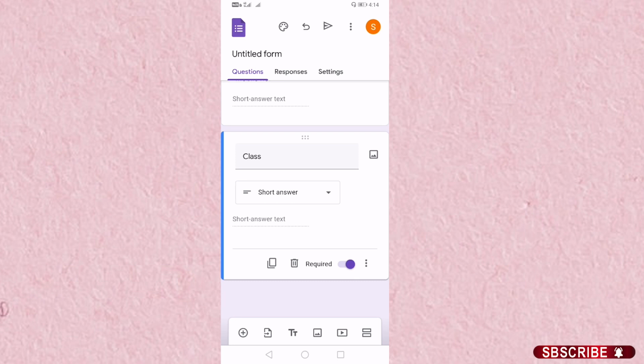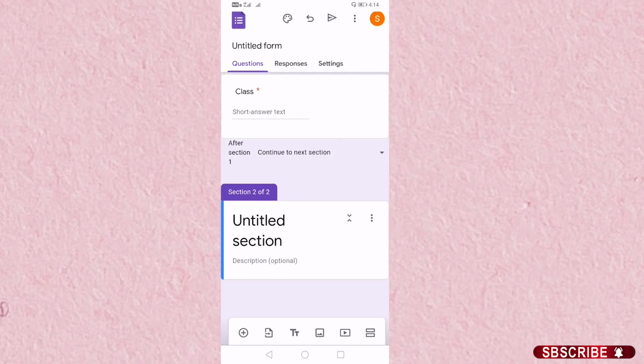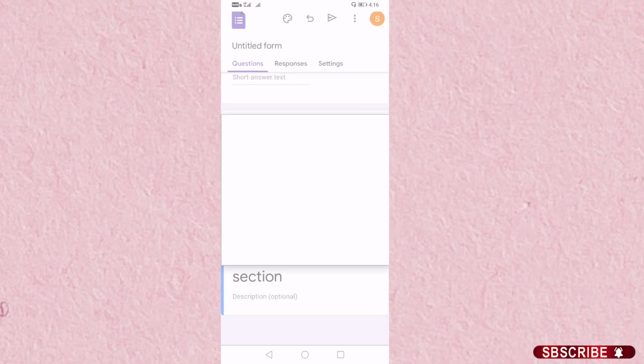Now we need a new section, that is, we are going to prepare questions for our students. So just click on the two rectangle boxes that you find on the bottom right corner. As soon as I click on that, you will find we have gone to a new section, that is second section. Now we are going to add a question. Here what you can see is at the bottom you will find an icon in the form of Google Form with one arrow placed second from left. Just click on that icon.